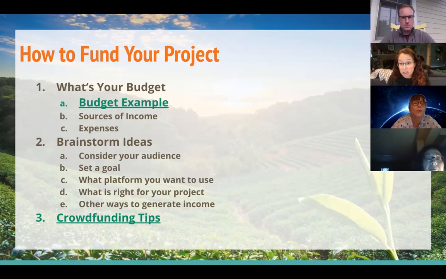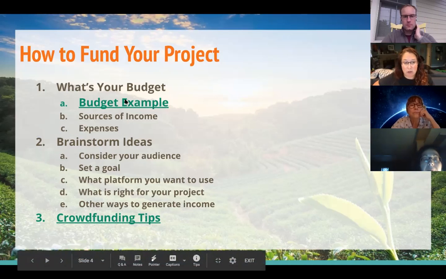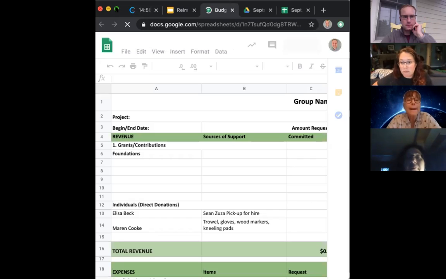So you can just refer back to this PDF and click on the link and go right to the document that you need in order to fulfill what you want to do. But Patrick, if you wouldn't mind, we're going to go over sources of income and expenses within your budget. If you wouldn't mind just clicking on that link for me. We're going to really quickly show you guys what we put together today.